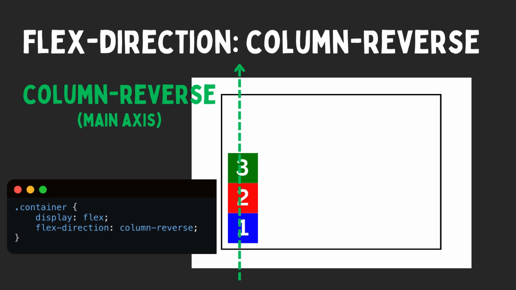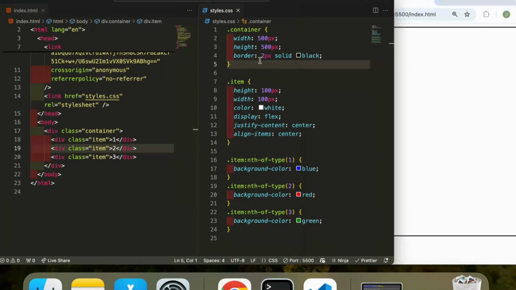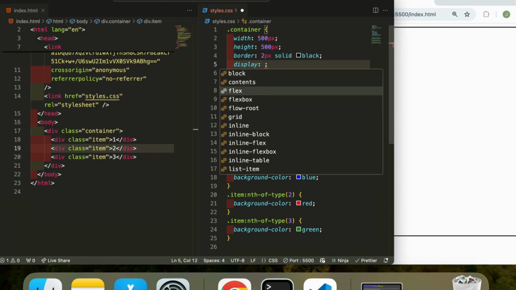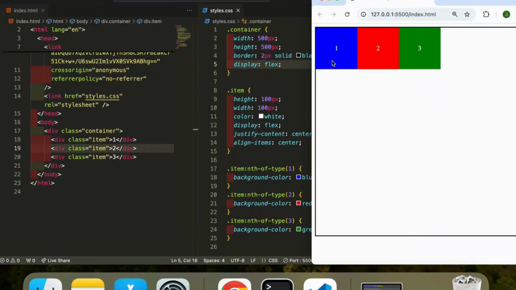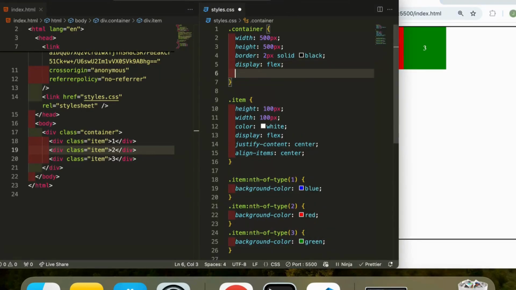Let's now have a look at the flex direction property in action. In the HTML, we have a parent container surrounding three items, as you can see on the right here. Now, to make this a Flexbox container, we give the container a display of flex. If we save that, all the items are displayed in a row. We can now change the direction of the items using the flex direction property. Let's do that now. So flex direction,